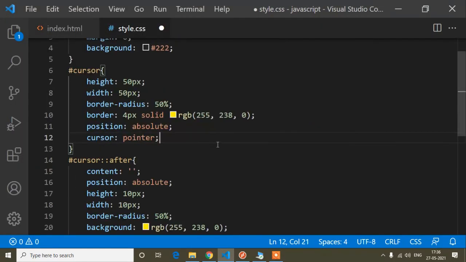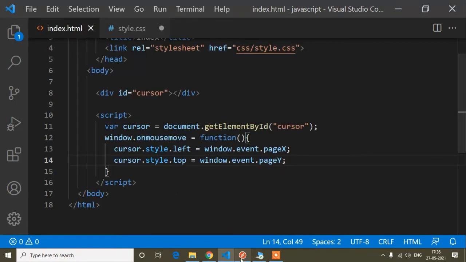You can see that when I'm moving, the same cursor position is being added to this element, so the element moves with my cursor. But another thing: this cursor pointer is not in the middle of this element. The element size is 50 pixels in height and width, so it's not in the middle.